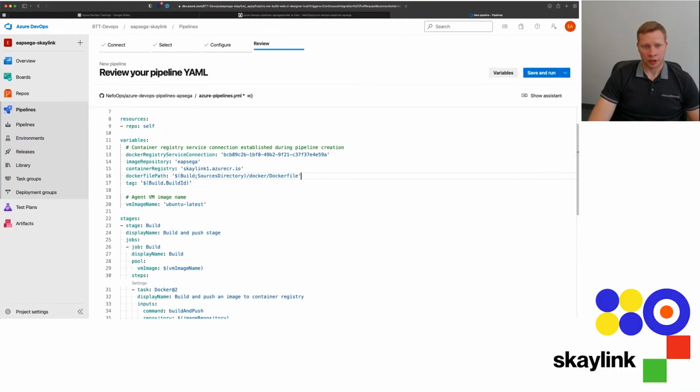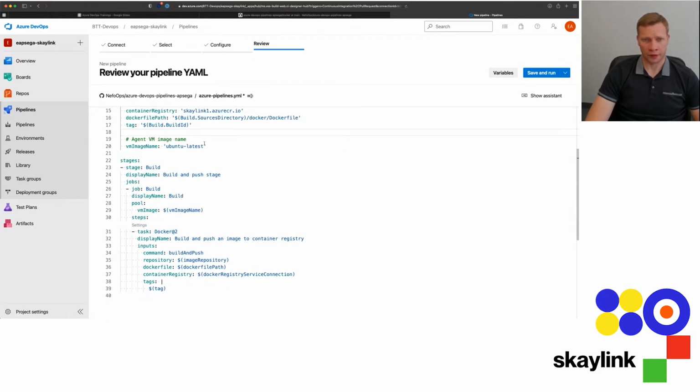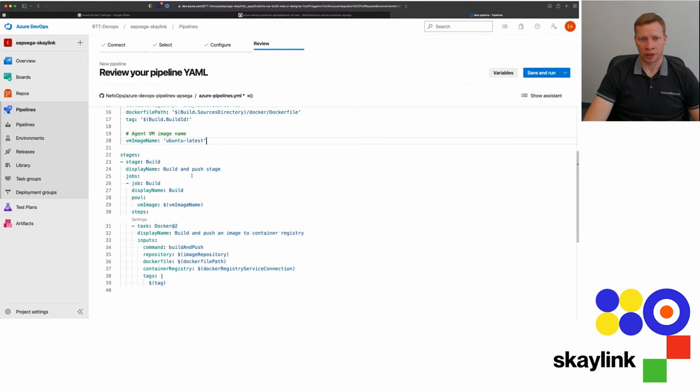Right, then what we see is that we're defining our container tag and on which agent we're running this build. So in this case, we're running on an Ubuntu Linux machine. As I mentioned before, you can always run your pipelines on Windows or Mac OS or Linux machines. Just need to define the agent